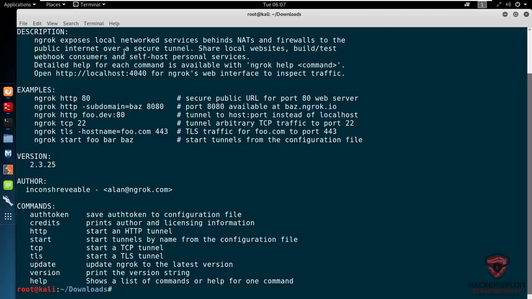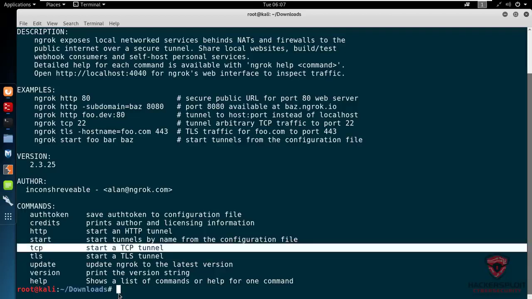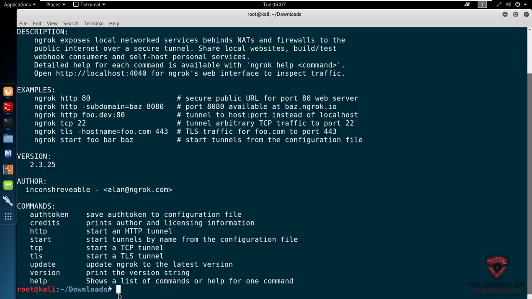So the entire process here is as follows. I run ngrok, and then I specify the protocol, which could be TCP, if I'm exposing a particular port. If you're working with HTTP here, you can see you expose port 80 or a particular subdomain. And then of course, if you're running nginx, all of that good stuff, I've already explained this before. We are working with TCP. If you want to use HTTPS, you can set up the TLS tunnel right over here. But we are setting up a TCP tunnel because the payload we're going to be using is going to be the Android